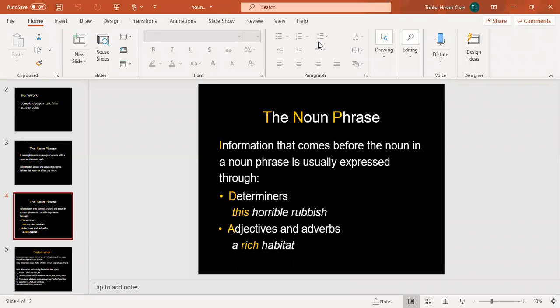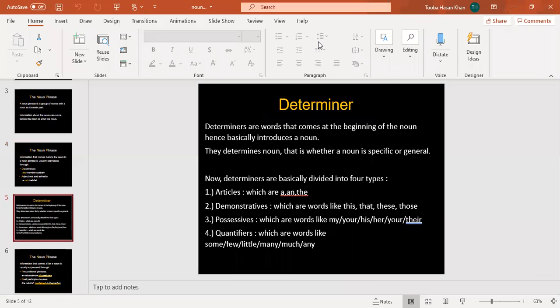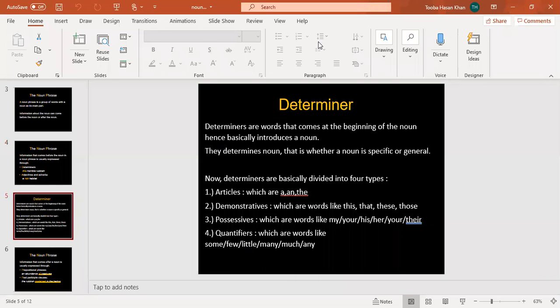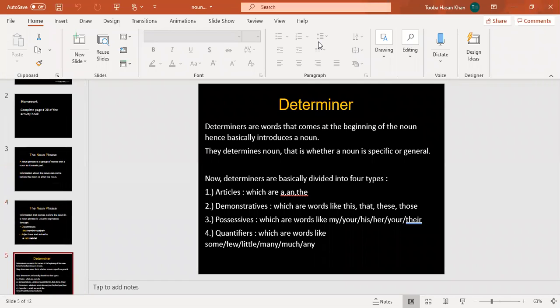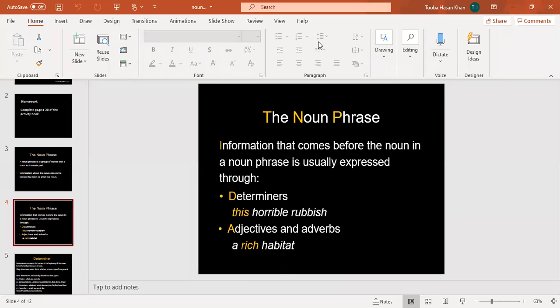For example, my, his, hers, theirs. Or words like quantifiers, as in some, few, little, many, right? And there can also be adjectives. Then there can be some words that come after the noun, which are your prepositions or prepositional phrases. And that right here is our lecture for